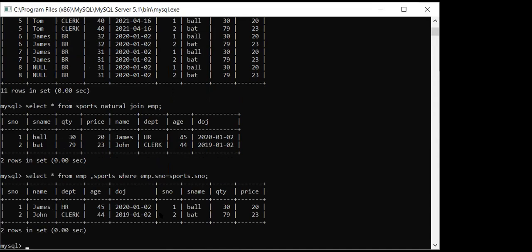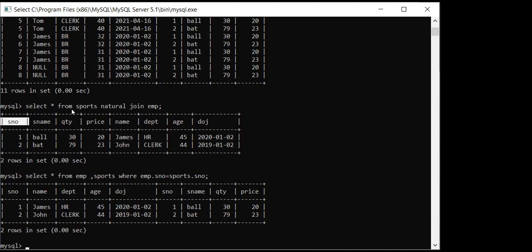See, you can compare these two. Here you can see the serial number, the common column, has been shown 2 times if we are using equi-join. But if we are using natural join, in that particular case, you can see the common column has been shown to you only a single time. Only this is the difference between natural join and equi-join. So you must know the difference between the natural join and the equi-join.